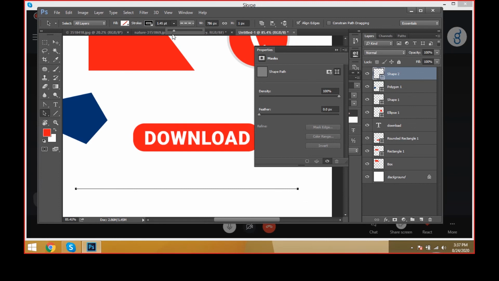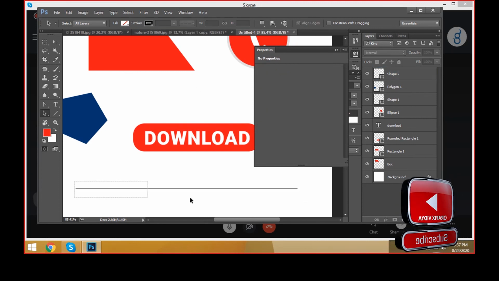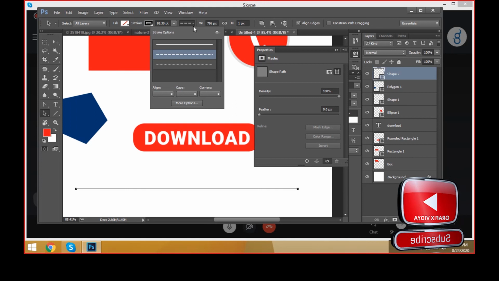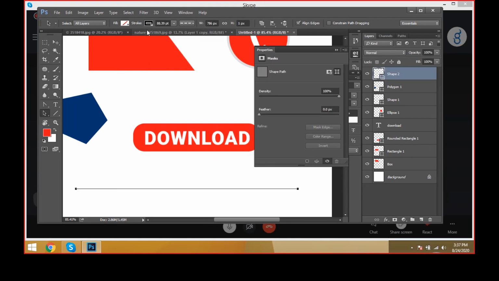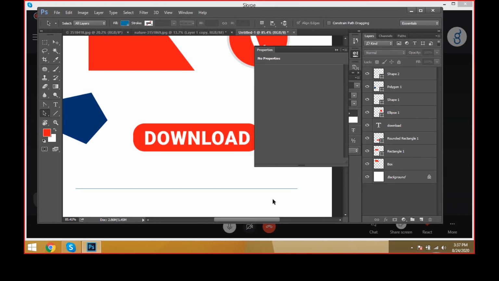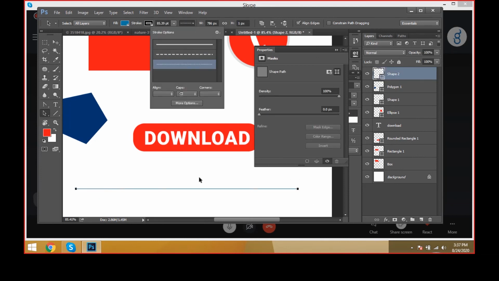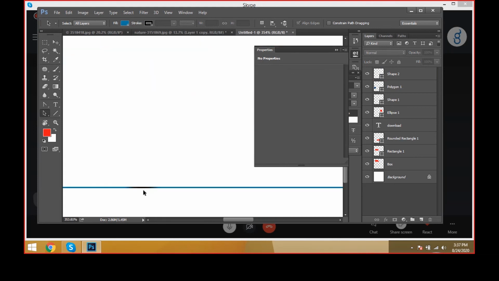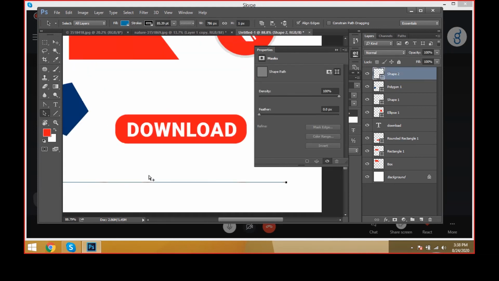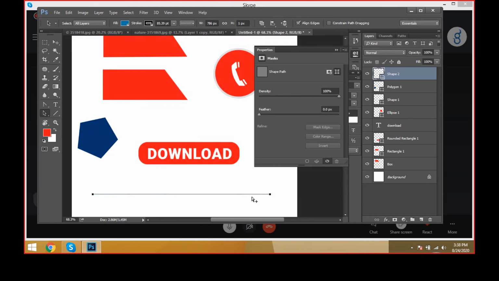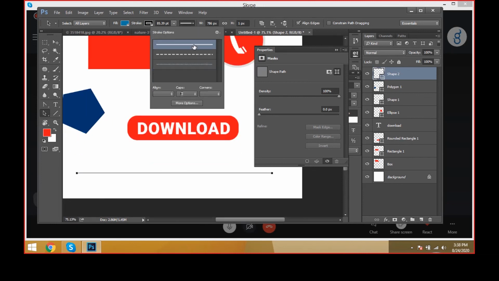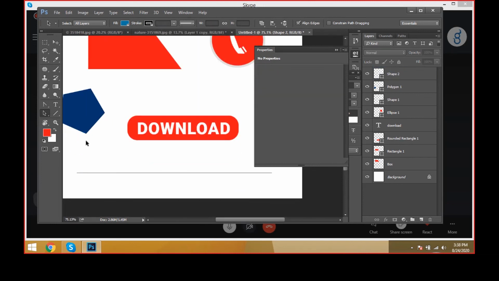Select this one and make it straight, and some styles. Take some color, remove the stroke like this. This is the path. This is only the line tool. See, the styles, it should be a fill, then only it is activated. These are the styles. Just close it and keep it as a straight line.